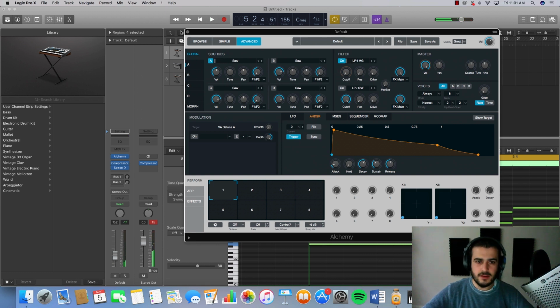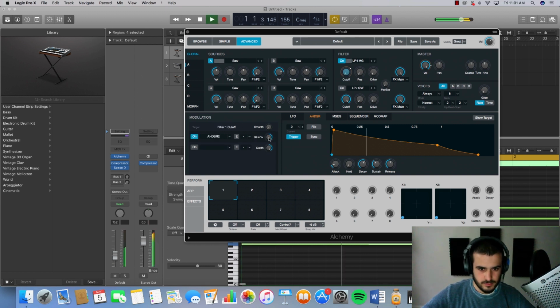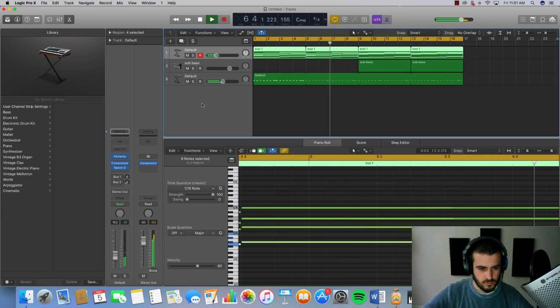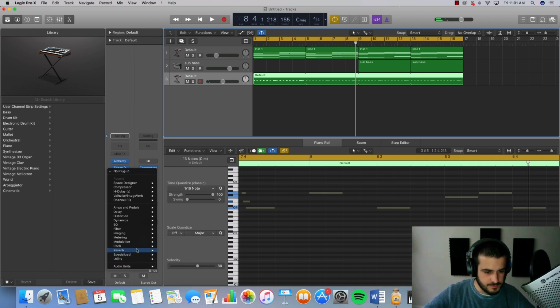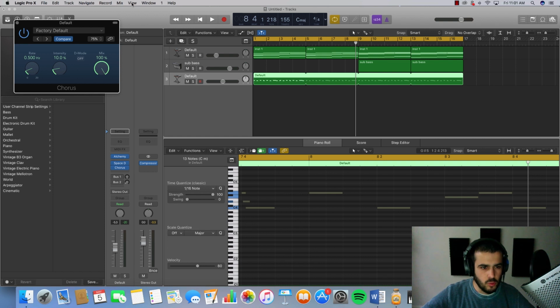Get some more sustain on that, right? So there's two things I could do with this driver. I could chorus it, and then it'll always be kind of bouncing from ear to ear.